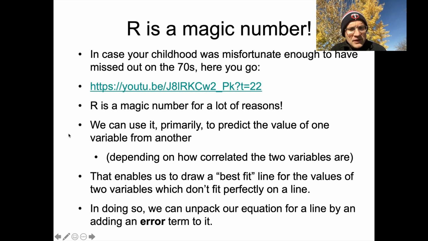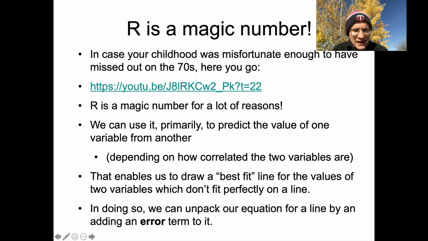So we're going to be looking at the values of 2 variables which may or may not be closely related to one another. We're going to assume a linear relationship between them, and then also assume that there might be errors in the specific relationship that we have, errors that get added on top to our predictions that we make on the basis of one variable predicting the value of another.